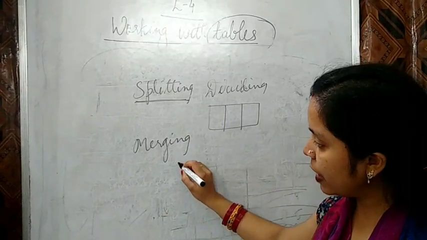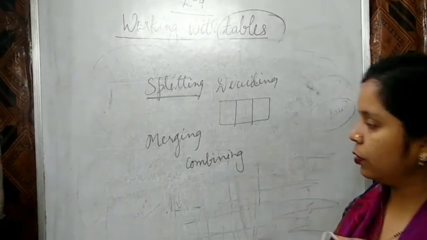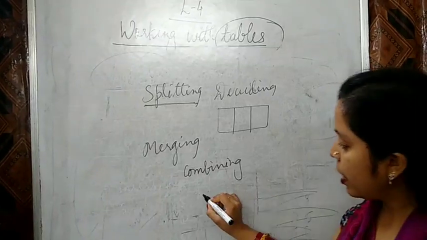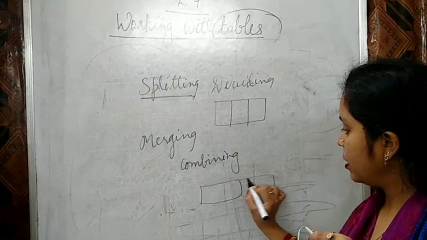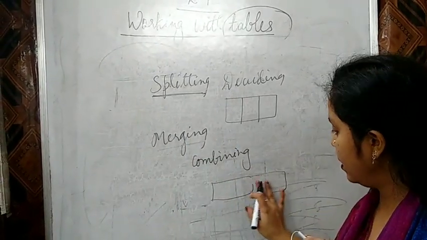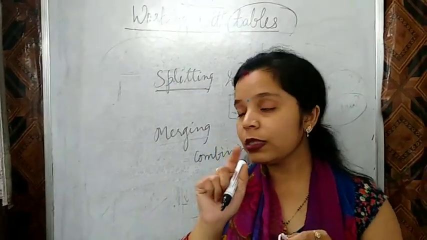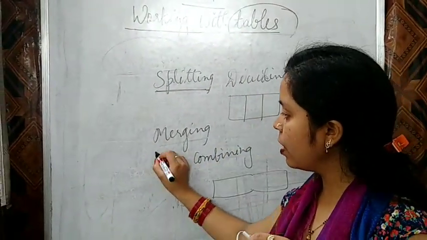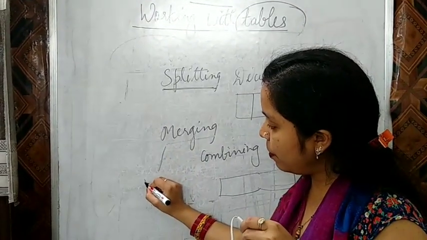Merging is the opposite of that. Merging means combining. So what happens in merging? Suppose 2 cells are there in a table, select them, and if you click on this merge option, it will combine. It combines many cells into a single one. This is the work of merging. Merging combines many into